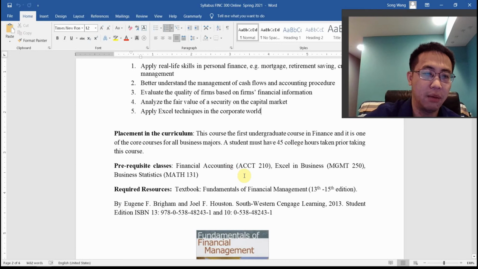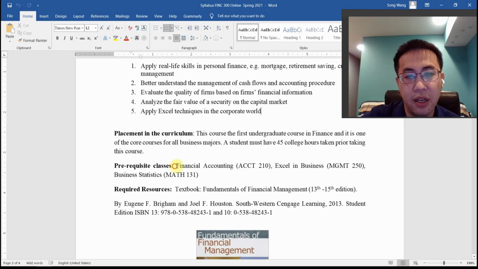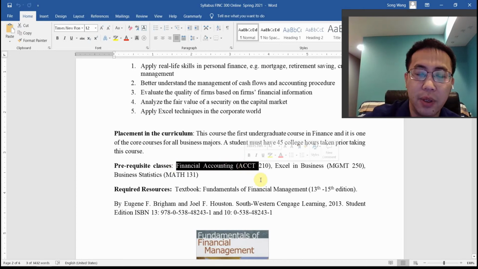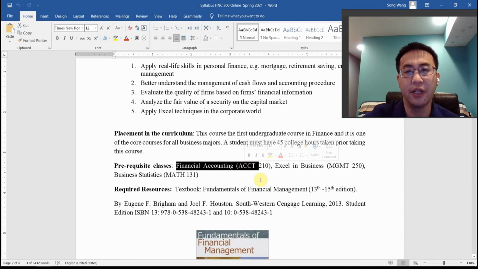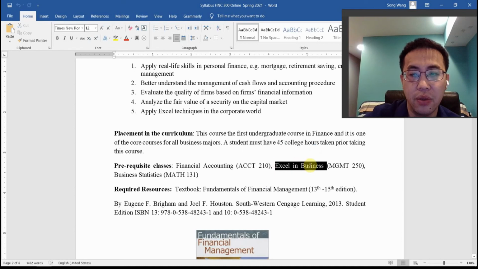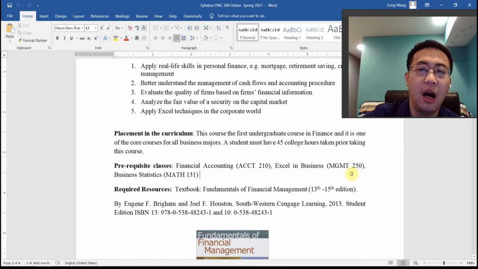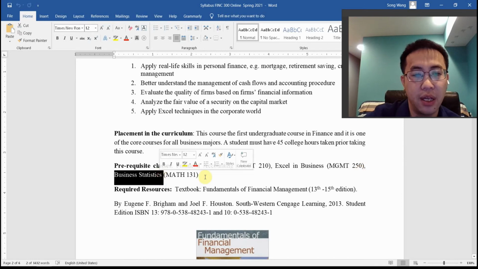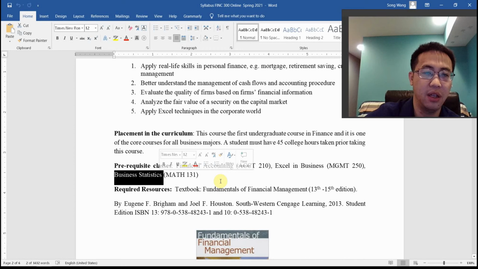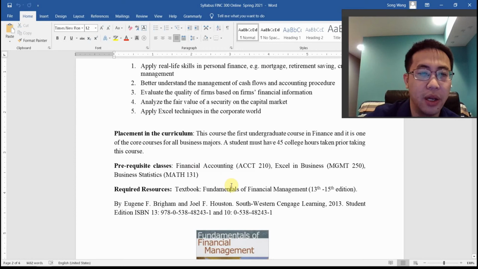So what are the other prerequisite classes? You should have taken financial accounting, preferably have taken managerial accounting, and also you should know how to do Excel. And I assume that most of you have taken Excel in business. Right here is coded as Management 250. I think it changed the course name to BANA 250. Okay, and also you should have taken business statistics, as in chapter 8, we're gonna do a lot of statistic